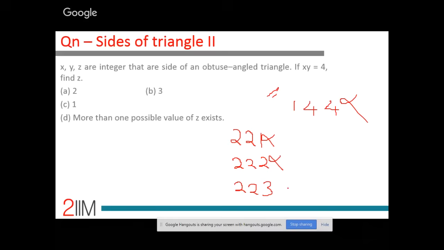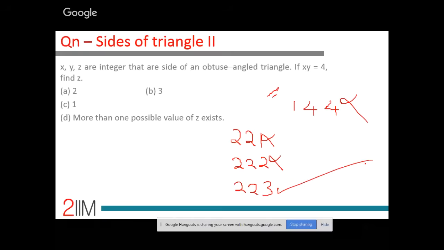2, 2, 3. 2 square plus 2 square is less than 3 square. It's a possible triangle. Product of two sides is 4. It's obtuse angle. All three sides are integers. This works. Nothing else works. That is 3. But a wonderful question, because there's nothing that's really difficult, but you have to put together a